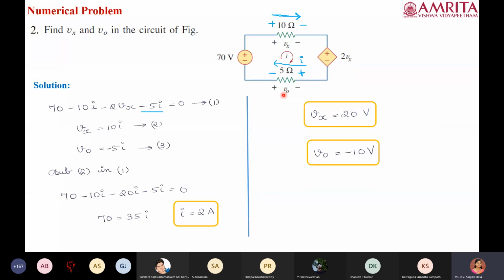Okay, so we have to fix the direction of current and go in the direction of current, and whenever there is a resistance, always take it as a voltage drop. And later, if they give a convention which is opposite to ours, we can write it in that equation and solve it. So here we are getting V0 as minus 10 volt, which tells clearly that the reference convention they have given in the circuit is supposed to be in the opposite direction. But since V0 is already fixed and given in the numerical, we can write V0 as minus 10 volt.